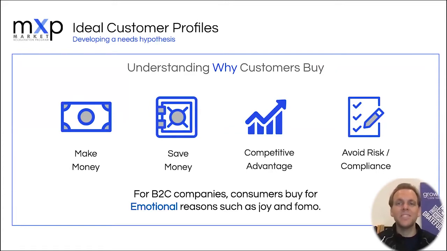If a company wants to save money, then it means their problem is they're probably leaking efficiency. They're doing something that should be automated. If they want to keep or gain a competitive advantage, that means they're probably on top of the market. They're probably already doing a good job. And similarly, David, as you found out, somebody's probably at risk of falling out of compliance.